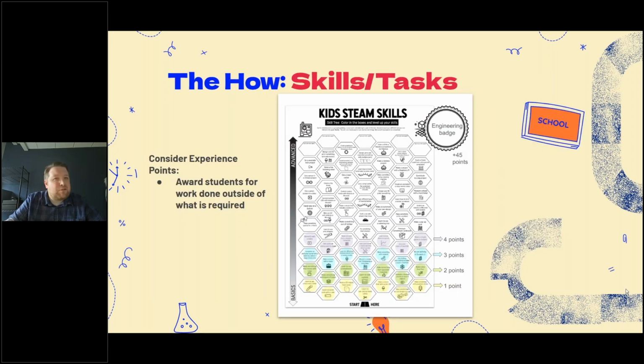Now, maybe you're looking at something that's a little bit higher end. It's not quite as shallow or as easy as an exit ticket or a warm-up. You have a really important concept that you want your students to master. So creating a board, like the example that you see here, this one is for engineering, for example, and you have different tasks associated to try to earn an engineering badge. And there's a lot here. It doesn't have to be this complicated. It could be as simple as you want it to be.